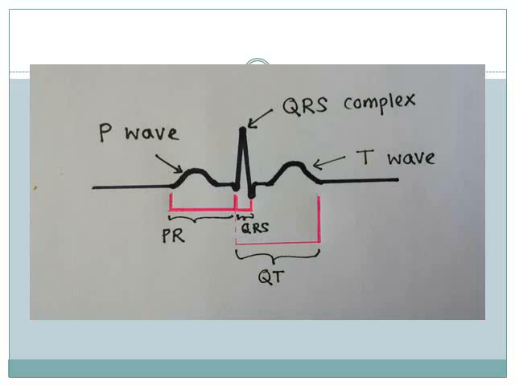And the QRS duration is measured from the beginning of the QRS complex to the end of the QRS complex. Again, from the beginning of the QRS complex to the end of the QRS complex is the duration of QRS complex. The QT interval is measured from the beginning of the QRS complex to the end of